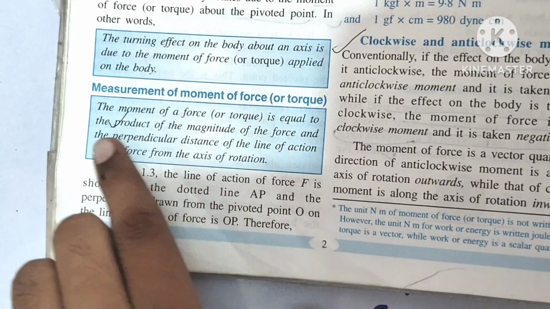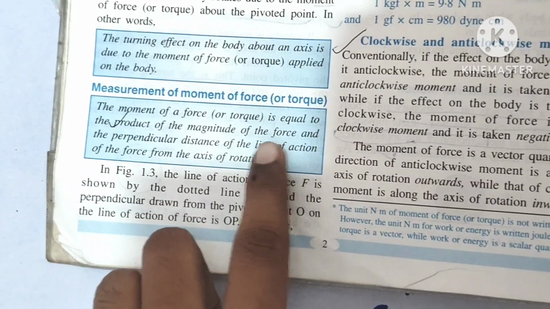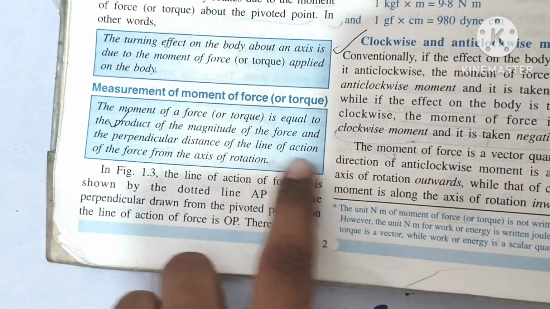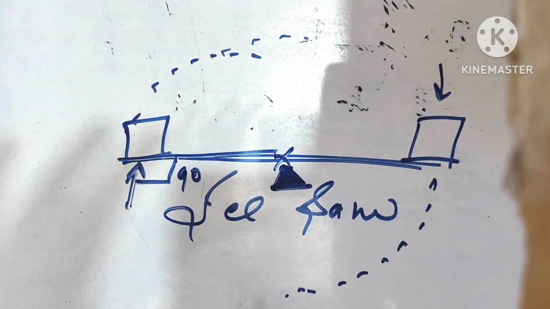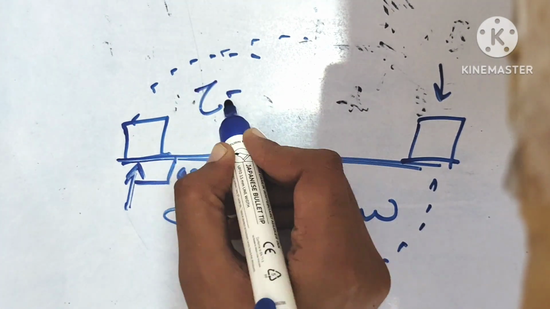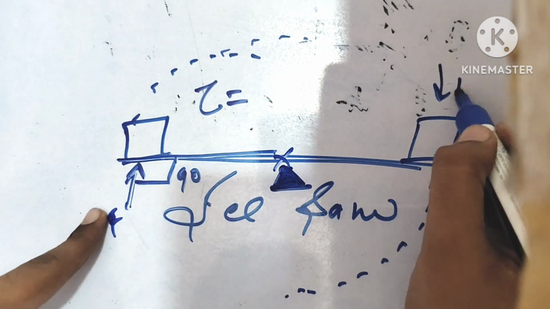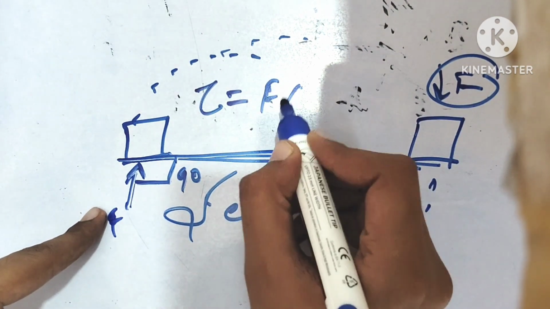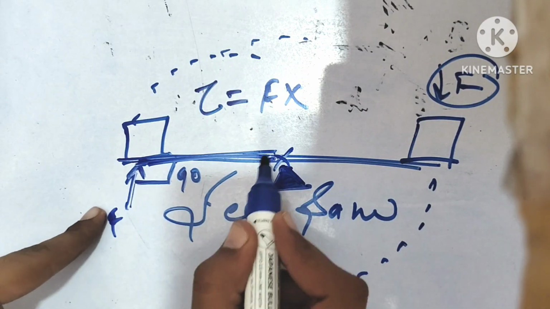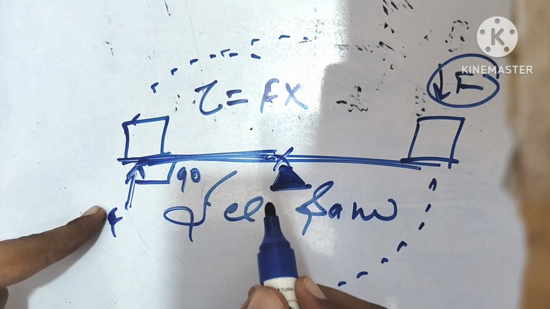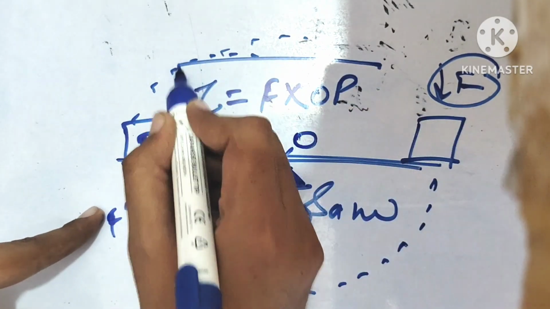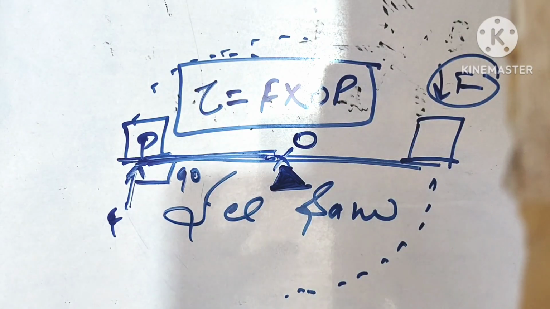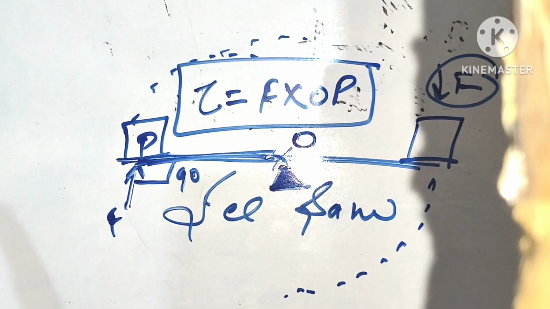The moment of a force applied is equal to the product of the magnitude of the force and the perpendicular distance of the line of action of the force from that axis. So what is the formula? What is the major formula for torque? So let's learn the major formula. The torque is equal to the force, कोई भी force हो, या तो ये वाला force है या तो ये वाला force हो, force into perpendicular distance. Perpendicular है ये वाली distance. Yes, the perpendicular distance from the point O. So it's P into OP. So it is the major formula for torque. Okay.